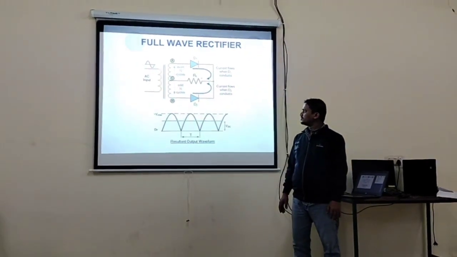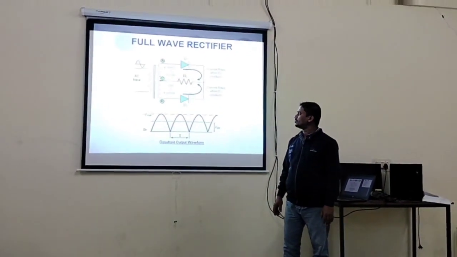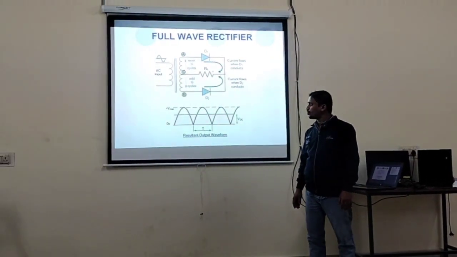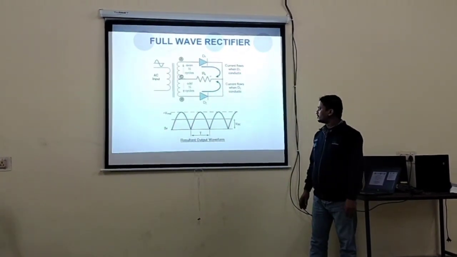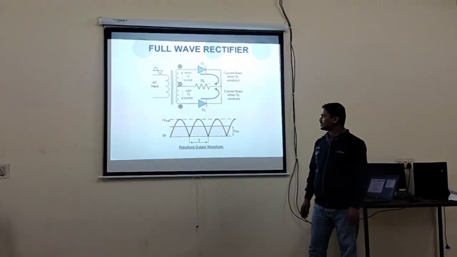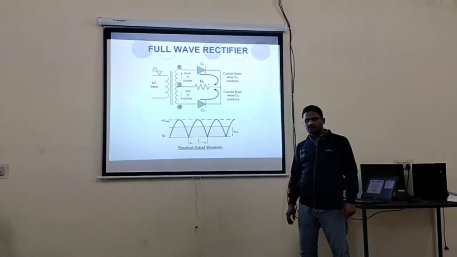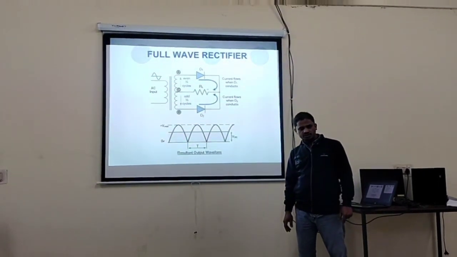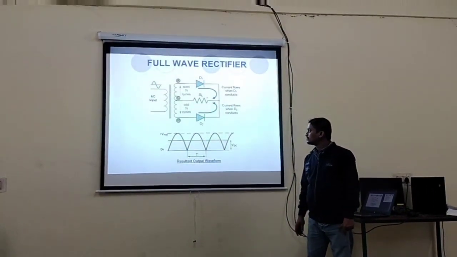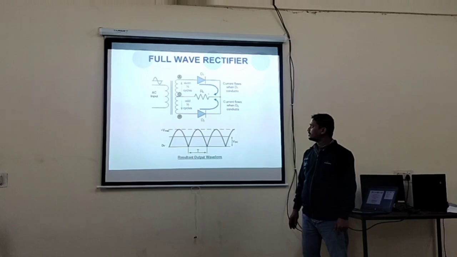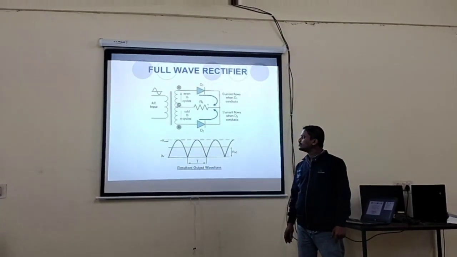First the current starts from A and goes to D1, then to the load resistor RL, and closes at C. Why is the current not transferred to the other diode? Because in the first positive half cycle, diode D1 is forward biased and diode D2 is reverse biased. So diode D2 is reverse biased and does not allow the flow of current. That means current starts from A to D1, then from D1 to load resistor RL, and ends at point C.